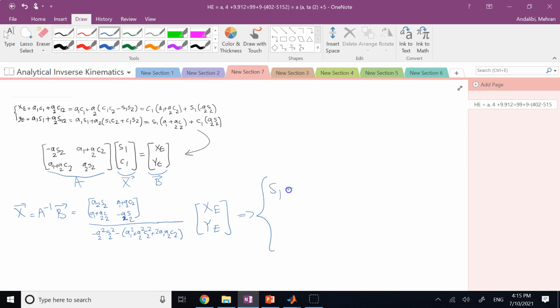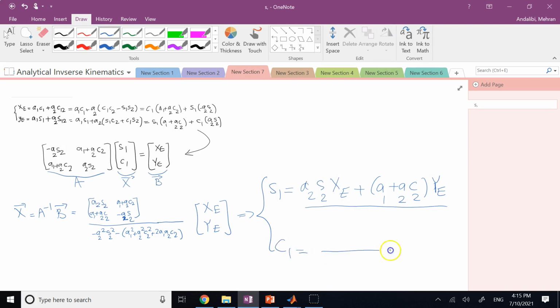That S1 is going to be A2 S2 YE and plus A1 plus A2 cosine 2 times this is X, I'm sorry, divided by the determinant term, and then C1 is going to be something similar,